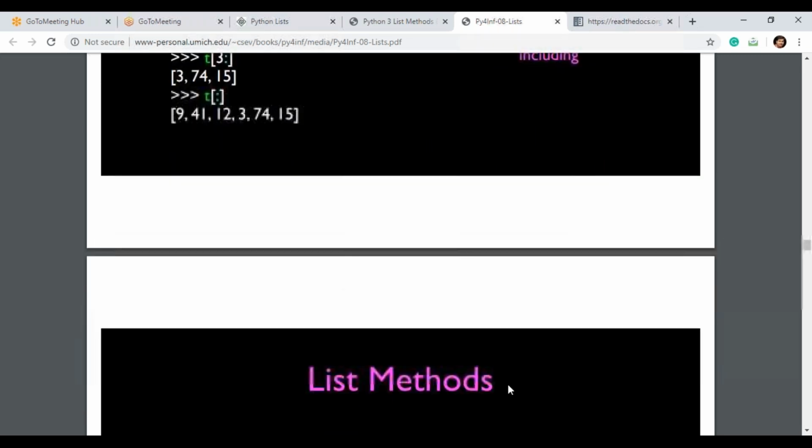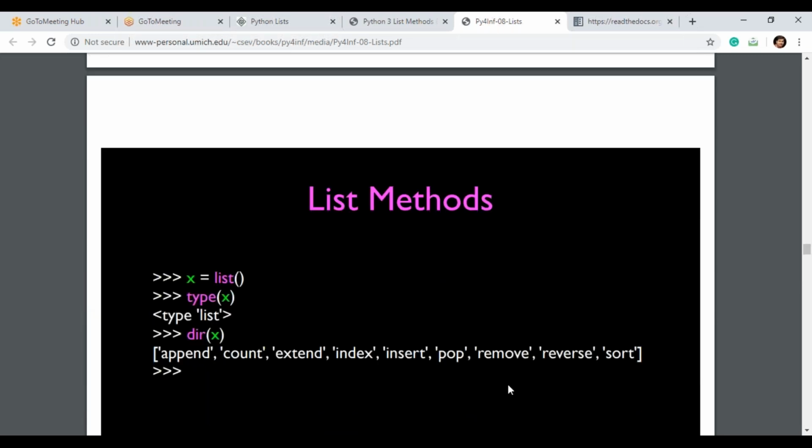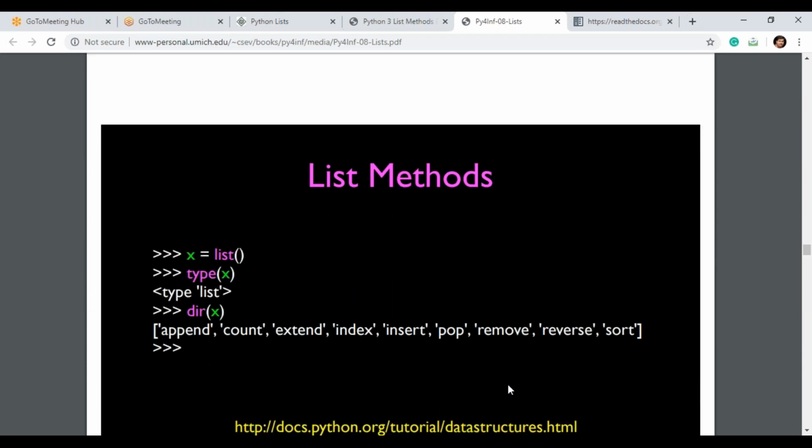Some list methods. x = list, type of x. Given x is a list of some values, type of x will be displayed on your screen as list. Next, dir of x.